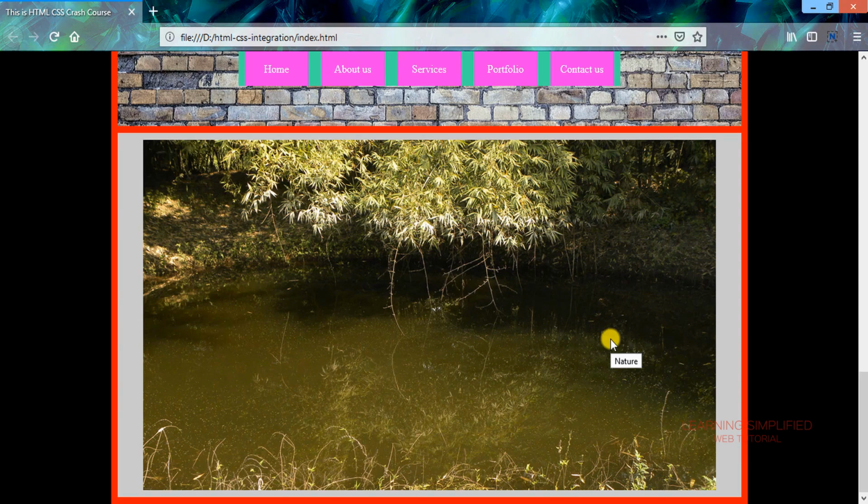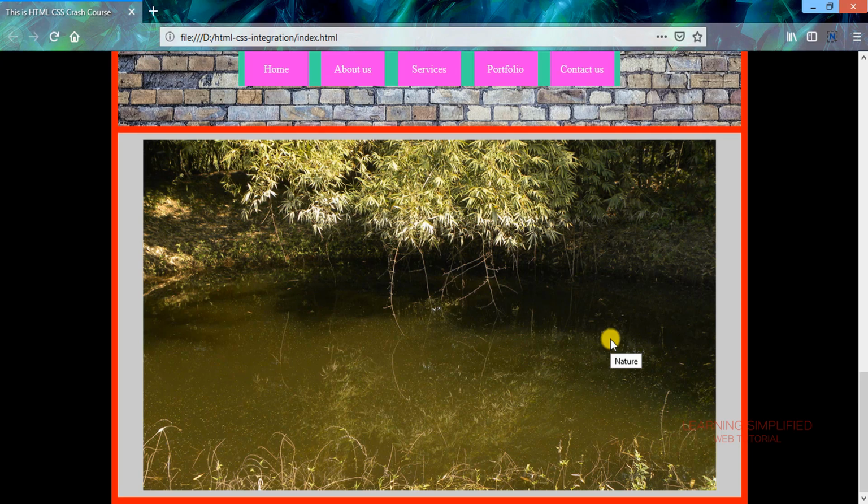So these are the two points that we need to know, the basic difference between a particular image source and a particular background image. In case of a background image, we can put an image as a background of a particular div element, and in that case it will rely entirely upon the properties of that particular div and the height and width dimensional attributes of that div.